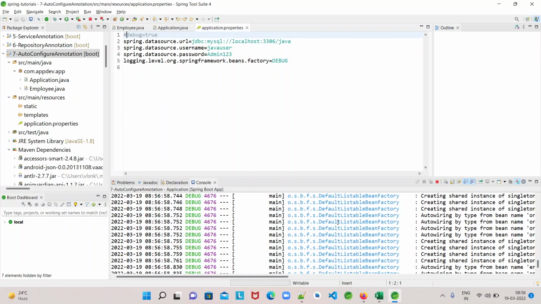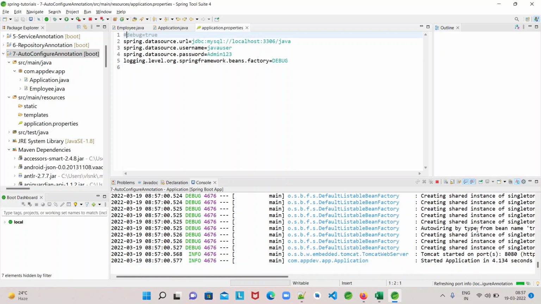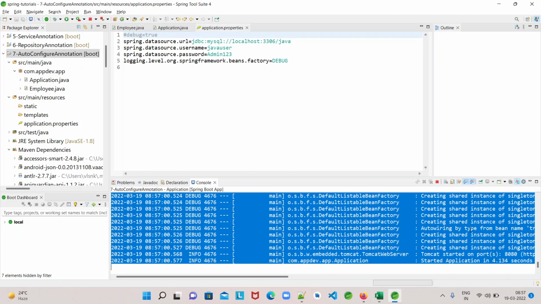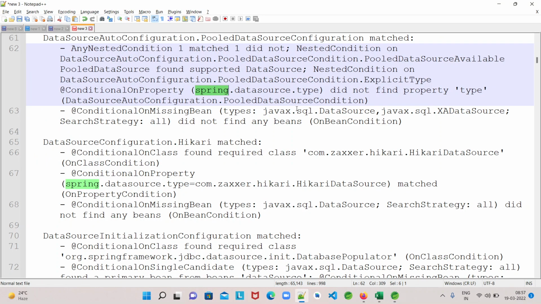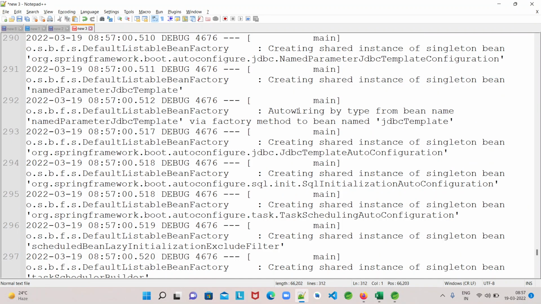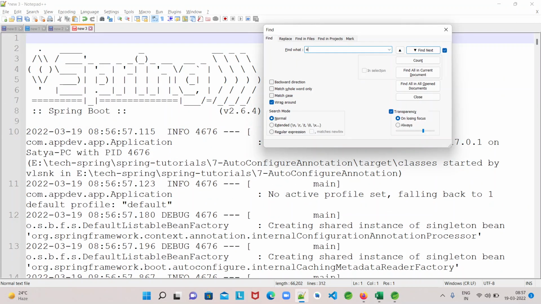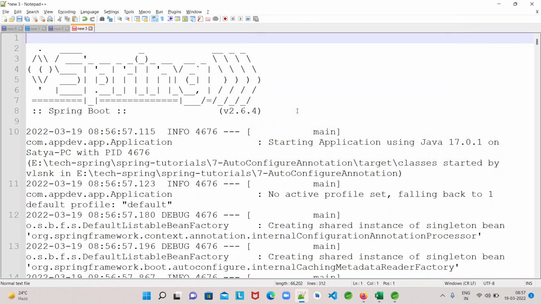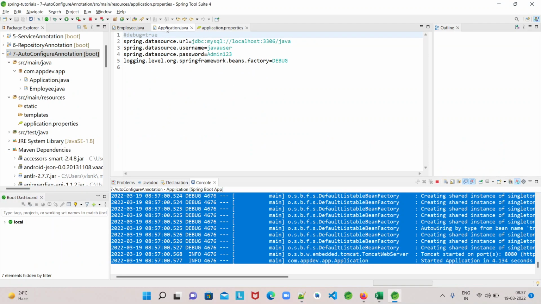It should show all the beans that are being created. Now let's check for Employee. If the Spring container is creating an instance, we should be able to see a logger with this. But we are not seeing any logger